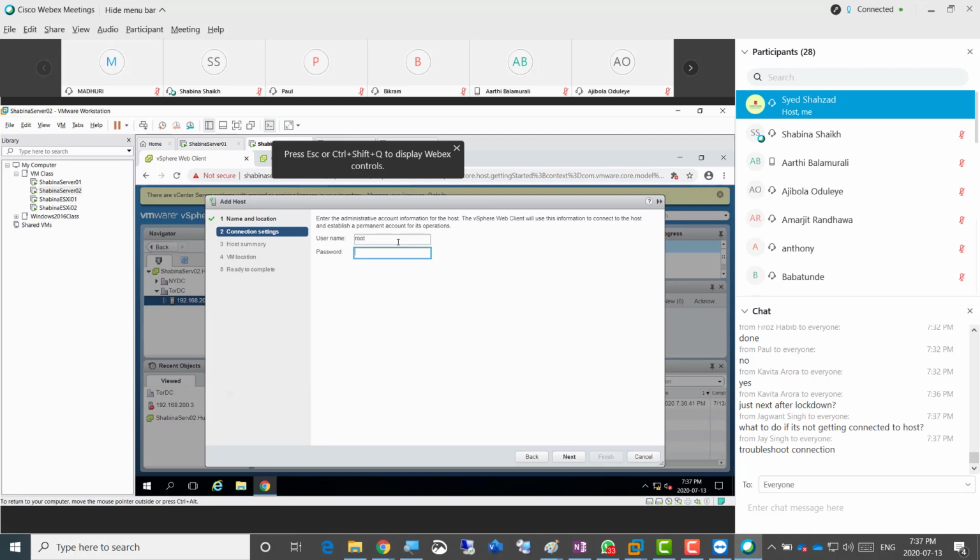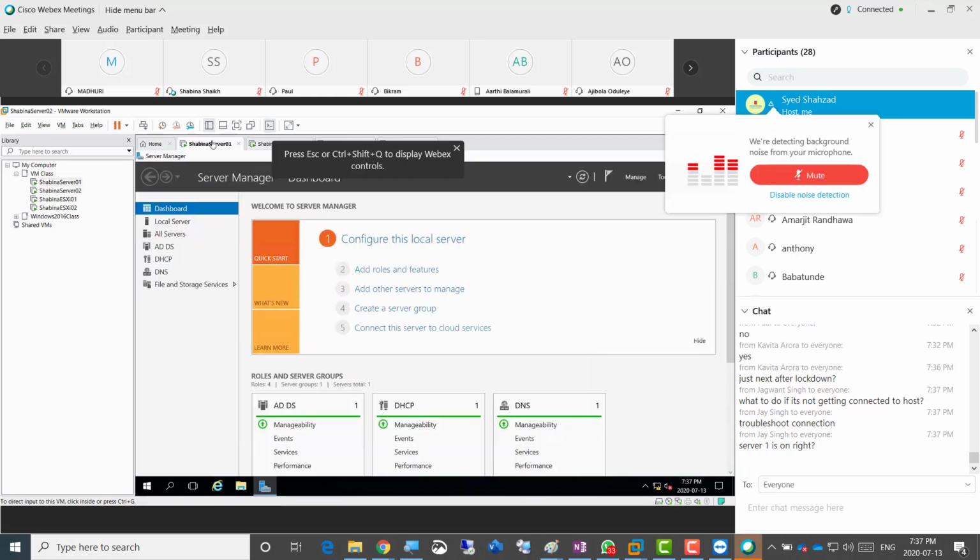Since we are connecting to the hypervisor, it's going to be root and the password. Now guys, suppose you get that error. There is a troubleshooting for that. So okay, first